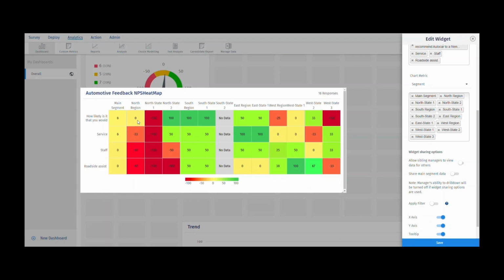Then there are the four regions, which are north region, south region, east region, and west region, and each region consists of multiple states which I have added. So north state 1, north state 2. So when this specific admin will share this dashboard containing these heat maps, for example, if he or she shares